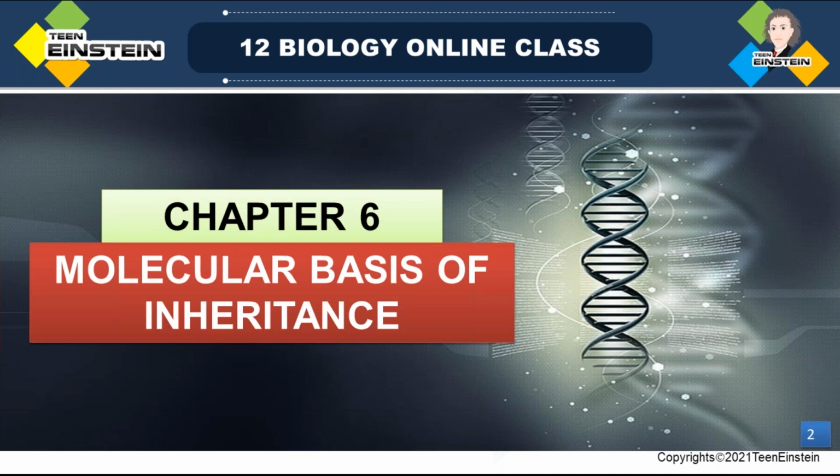Then we discussed the structure of the polynucleotide chain, and the three main components of a nucleotide. Which are they? Nitrogenous base, a pentose sugar, and a phosphate group. These are the three main components of a nucleotide. Then